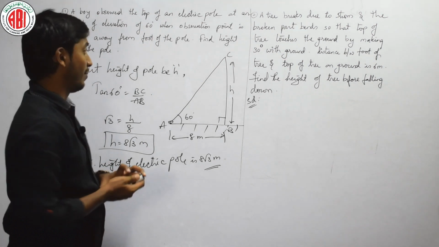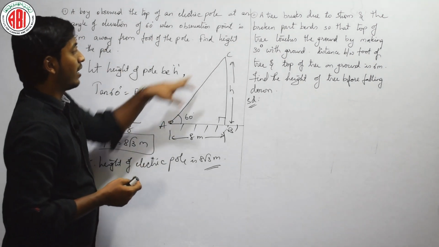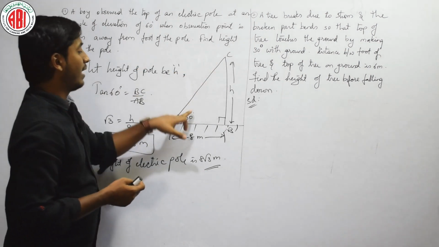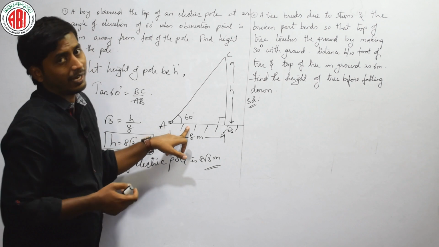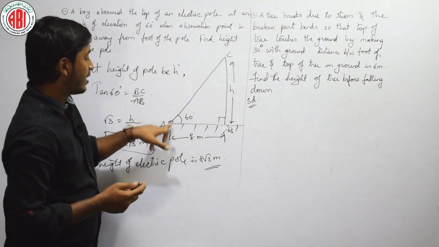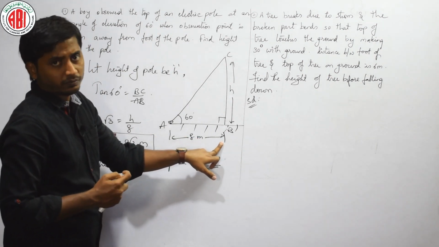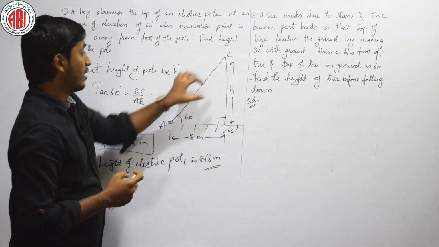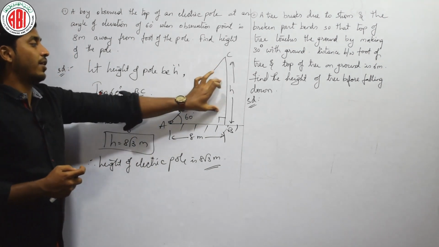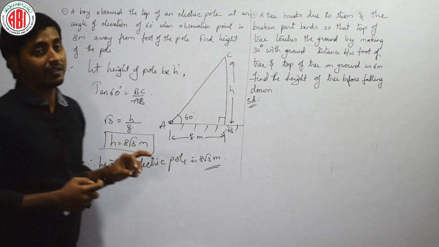Did you understand? Or have a look here once. In the question they gave that there is a person looking at the top of a tower or top of a pole by making an angle 60 with the horizontal line, right. Then he is asking us to find the height, and this person is sitting 8 meter away from the pole. Okay. Then I know that opposite by adjacent is nothing but tan theta. Therefore, tan 60 is opposite h by adjacent 8. Then h is 8 root 3 meter.